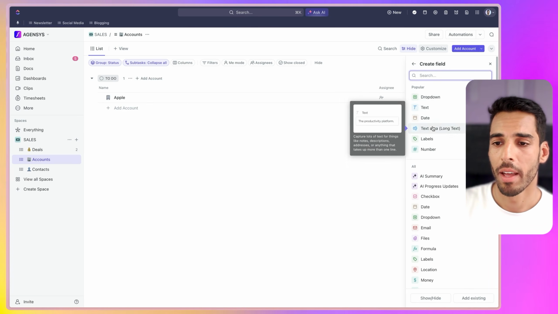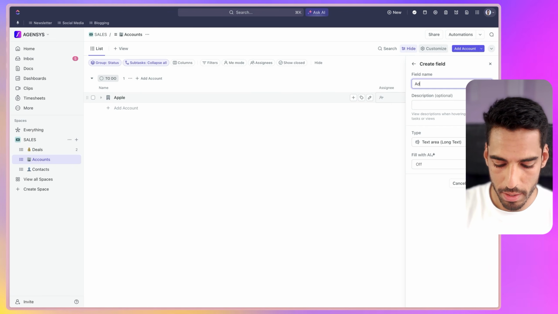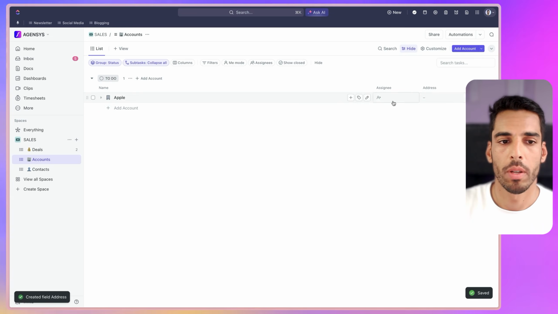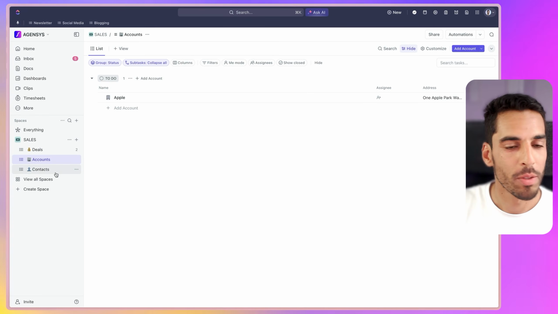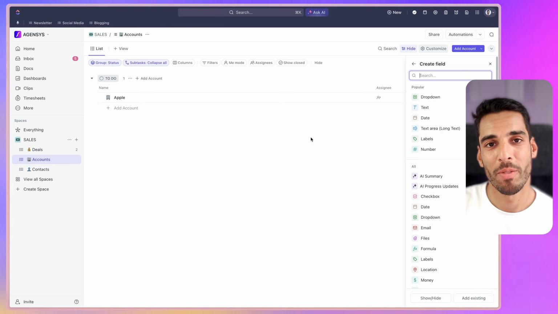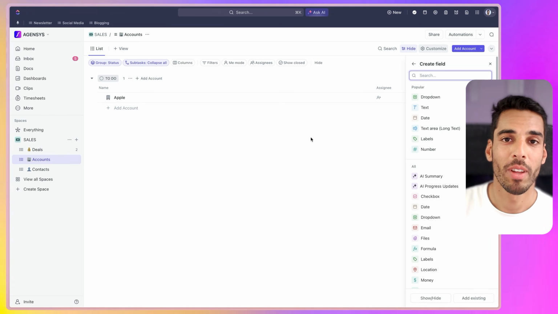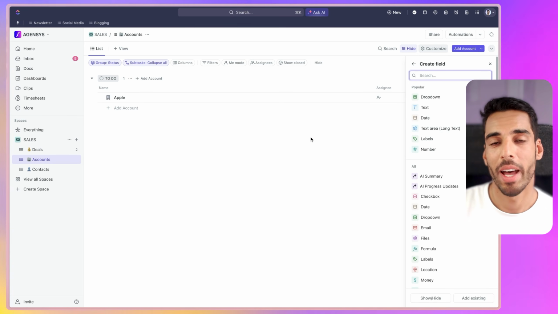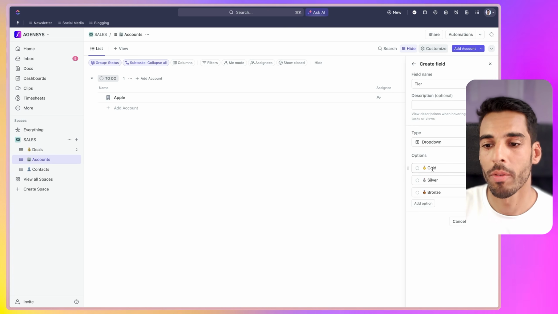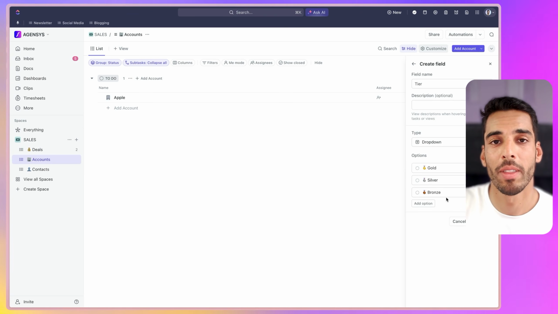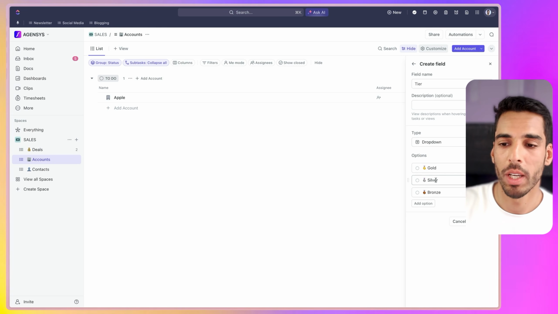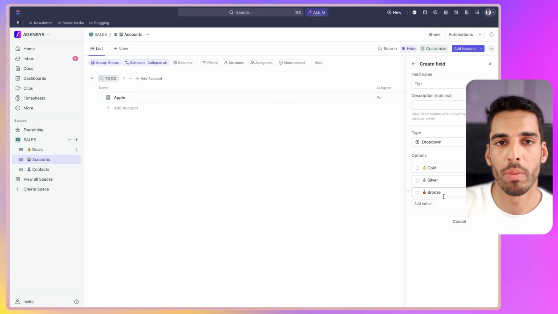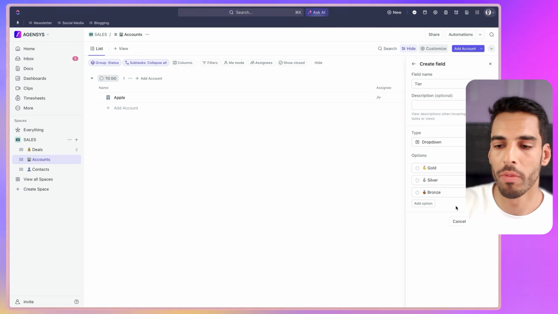For example, you could add a text area for the company address, and that way we can store the company address of Apple here. So I've copied and pasted the address of Apple, and it's stored right here. Next, you can potentially add any custom information on these accounts. You could add the account manager, but you could also add the NPS of that account. You could add the tier of that account and have gold, silver, and bronze tiers based on the type of support you offer them. For example, gold could be through live coaching, silver could be emails only, and bronze could only be an FAQ or a video, for example.